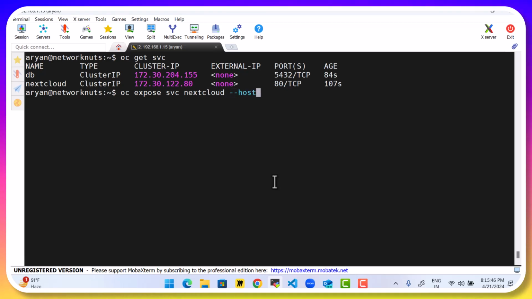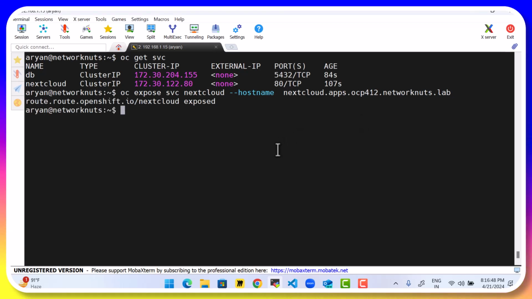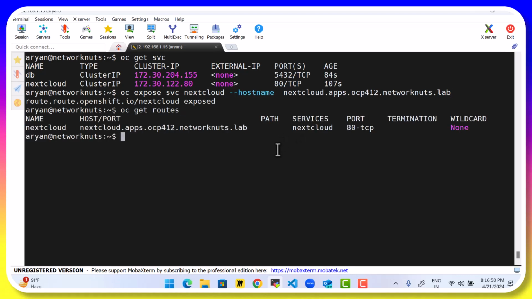And --hostname, that's going to be the name of a DNS record that the customer is going to use to access your application. So I'm going to paste my hostname that my DNS is configured with. That's nextcloud.apps.ocp412, my cluster name, .networknuts, my domain, .lab, that's my top level domain, and press enter. oc get routes, and we can see a new route is created that will take you to this particular service. Let's copy this,